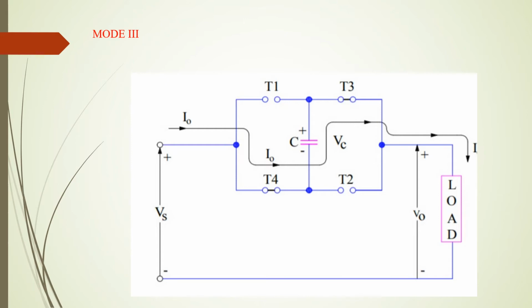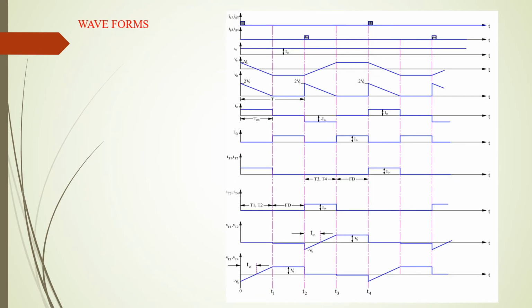Now this load starts discharging through the freewheeling diode. This load current I0 discharges through the freewheeling diode, as again V0 becomes 0 since the freewheeling diode is conducting, and the voltage across the freewheeling diode is 0. Then the voltage across the load is also 0, and I0 is flowing in the circuit until the load gets discharged completely. So these are the modes in this waveform.